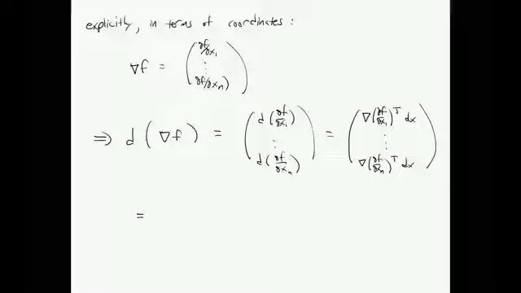But we can pull out the dx column vector, and that's gradient of partial f, partial x1 transpose all the way to gradient of partial f, partial xn transpose. But that matrix,